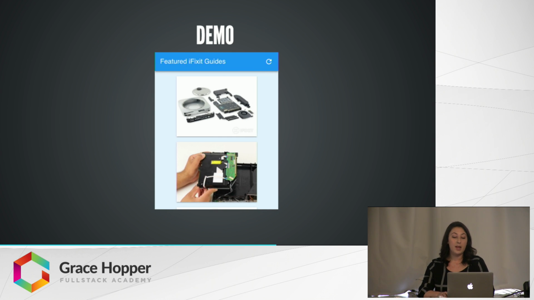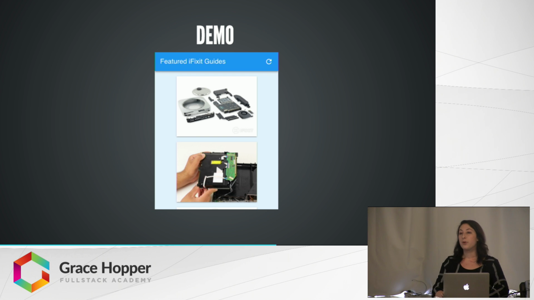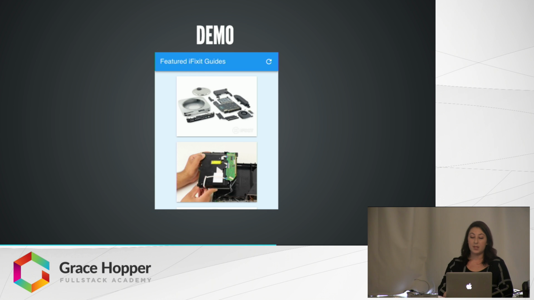So I have an app that I'm going to demo for you to show you what a progressive web app would look like. This one right here is a fix-it guide that someone from Google created, and this one is really useful for us as developers, because they used React Router and Redux to create it. So it's a great reference for full stack students since we're all very familiar with those technologies. But the app that I'm going to demo for you is